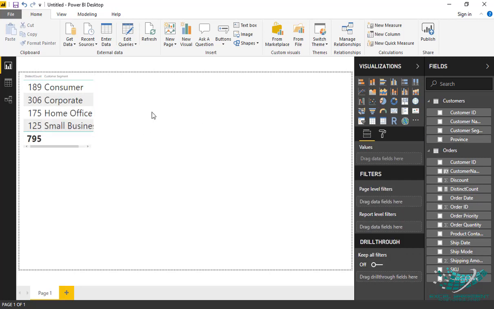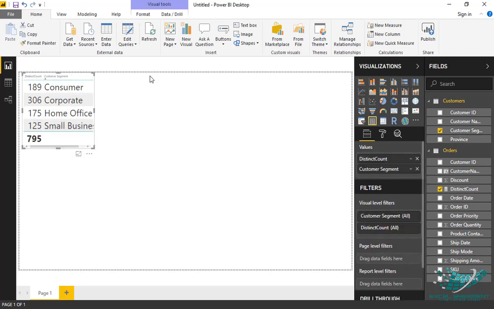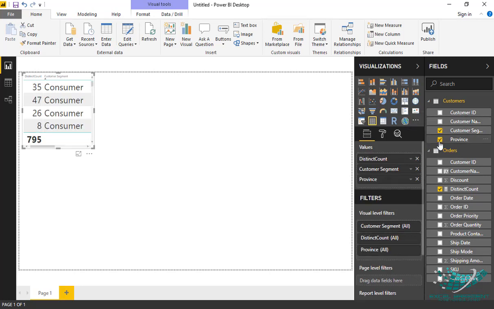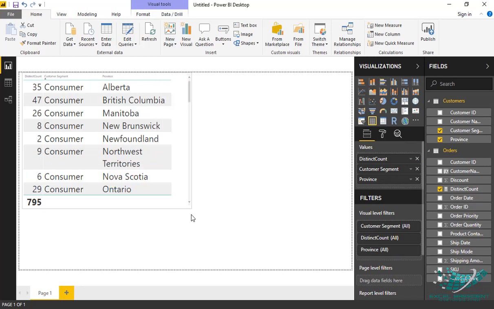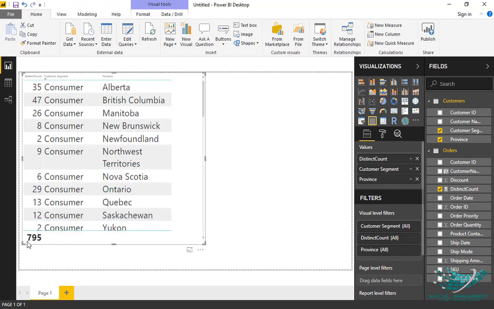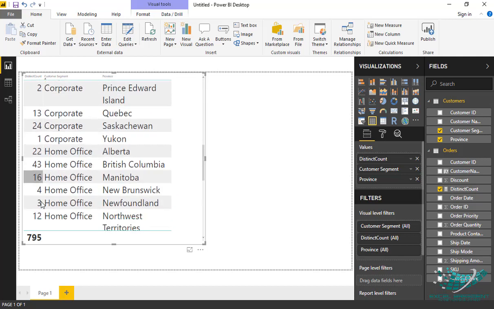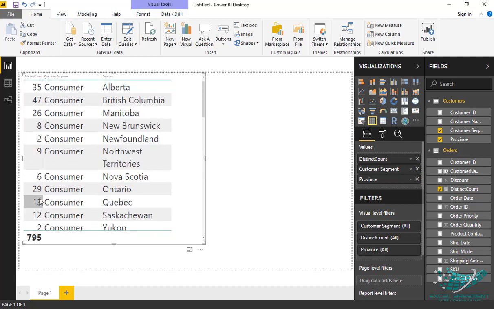You can further drill down this analysis, like if I want to see it province wise, it gives me again some numbers: 795 are the distinct customers, whereas this is the count province wise and segment wise. So you can use this explicit measure very effectively and efficiently in the different types of analysis you want to do.